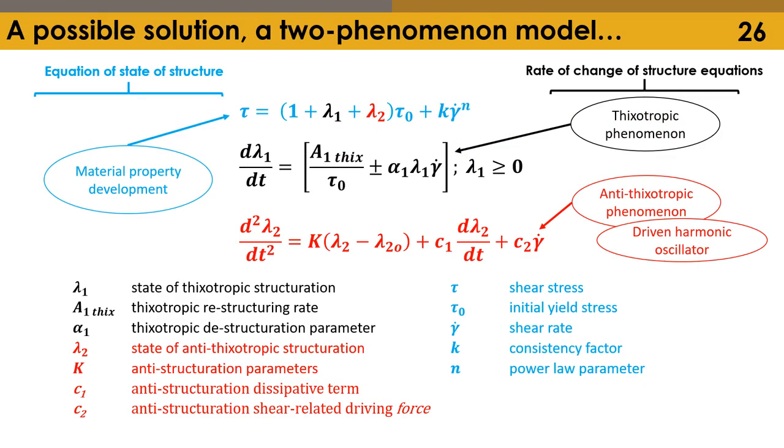If we think of antithixotropy as the formation of domains where particles are jammed together kind of rigidly, then we could think of this antithixotropic structuration as a form of storing up elastic energy, much like might happen in a harmonic oscillator. So you can imagine that, if you think of this structuration parameter as being somehow related to a strain, then you can store up strain energy in a spring with a spring constant, and you can